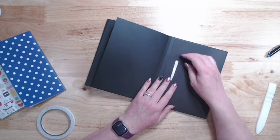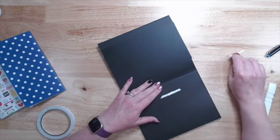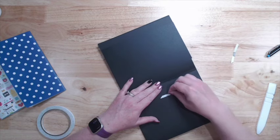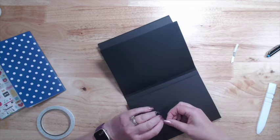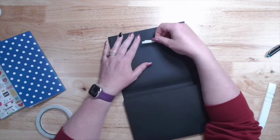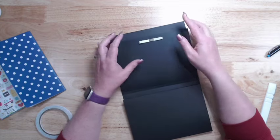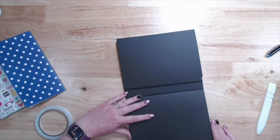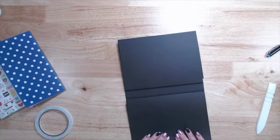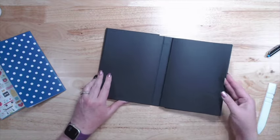There. No. No, that's not what I meant to do. That is not what I meant to do. It needs to go over on this side. Okay, and there you go. Now you can